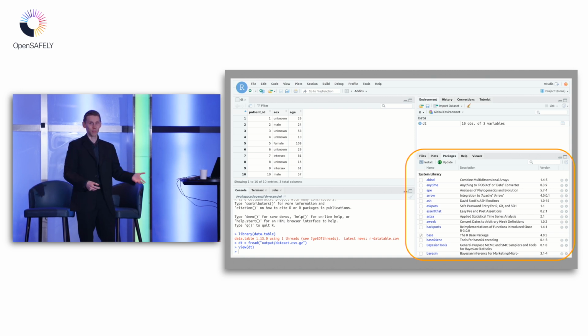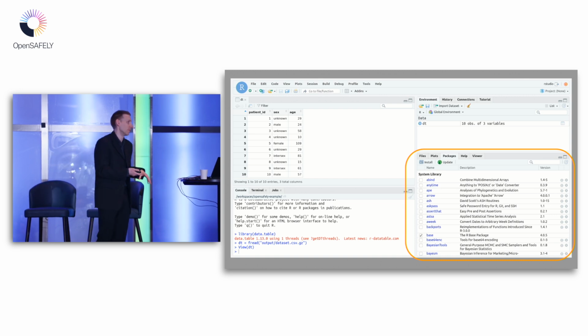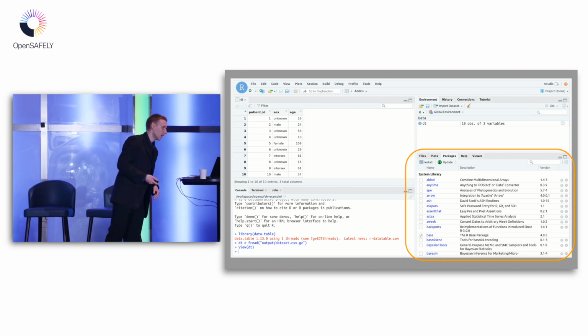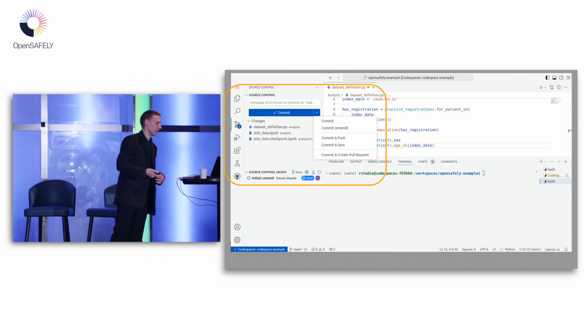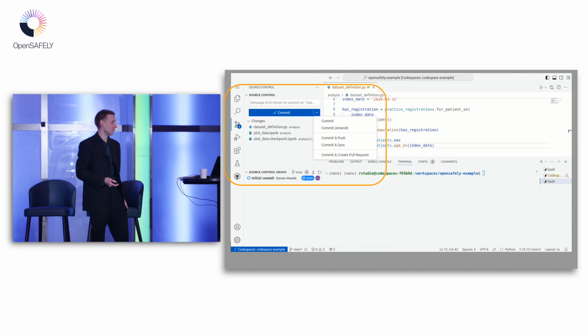So whether you're using Python or R or the OpenSAFELY command, all those things should be the same as on the platform, which I know has bitten some people in the past when they've been trying to run things locally and then on the platform. And here on the left-hand side, there is an option to push your code to GitHub,